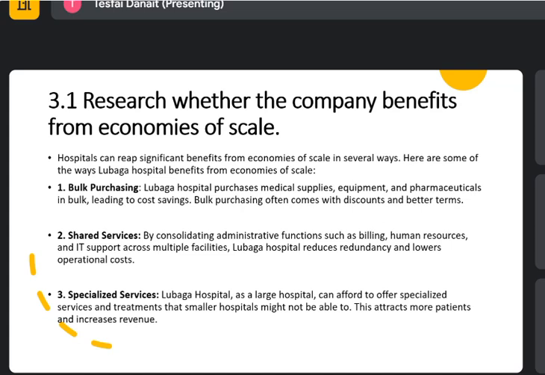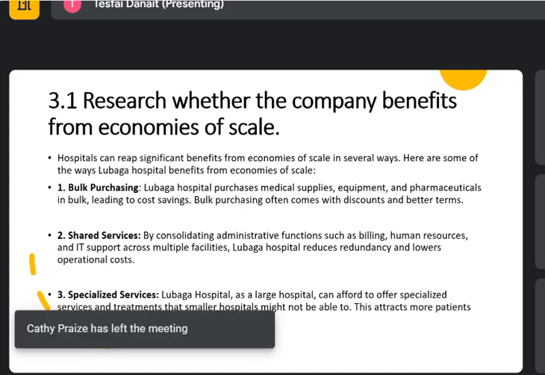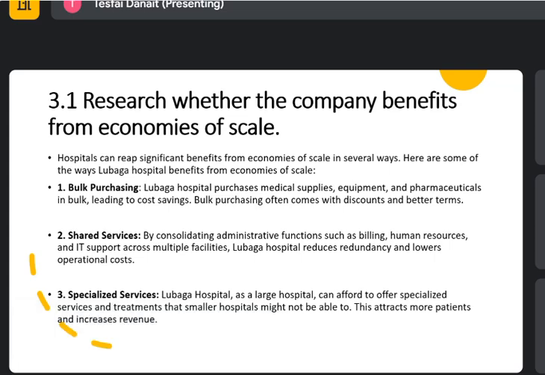Economies of scale allow hospitals to invest in staff training and development programs, ensuring a highly skilled workforce. So this can improve patient care and reduce turnover rates. A company is as good as its employees. So Lubaga Hospital works on training,